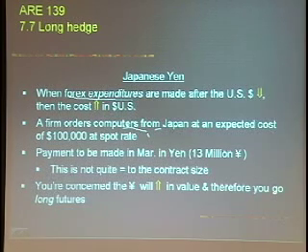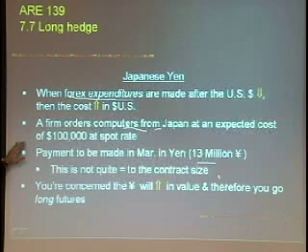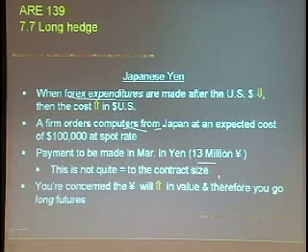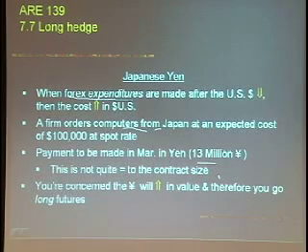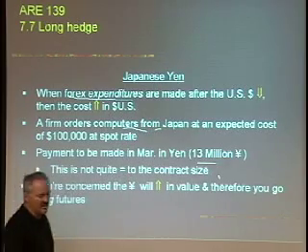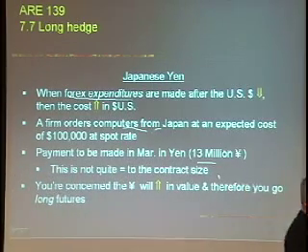If you bought them today and paid at today's exchange rate, then it would be $100,000. And let's suppose that these parts are actually going to cost 13 million yen. Okay, so you're not paying in dollars, but you know that if you did pay in dollars today, that's what it would cost you. So you're actually paying in March. And in March, they're going to cost you 13 million yen. Okay? And so you're concerned that the yen is going to rise in value, and therefore you have to go long futures. So here's an example of what I might ask you on the midterm,